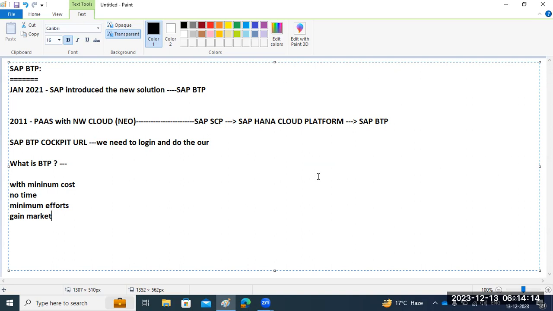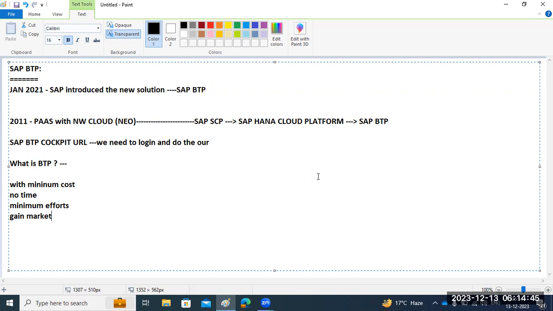In BTP, whatever you require, all the services, all the solutions, with low code, with minimum effort. I mean to say, in one umbrella you will get all the services and solutions. Those help the organization build your cloud solution or extend your SAP applications also.